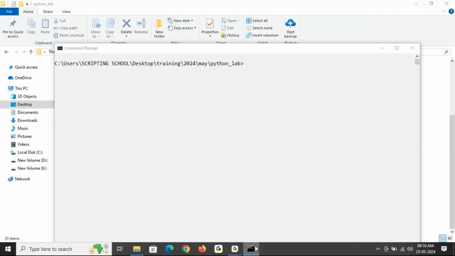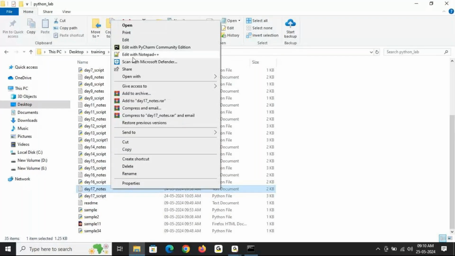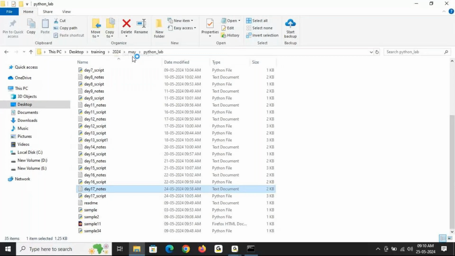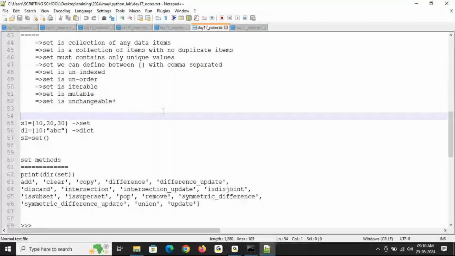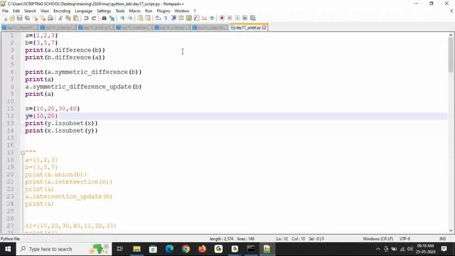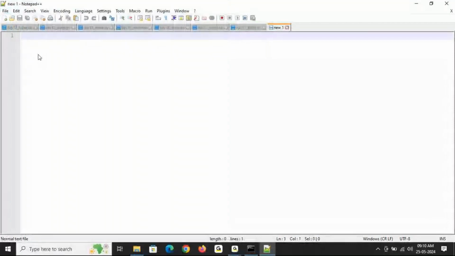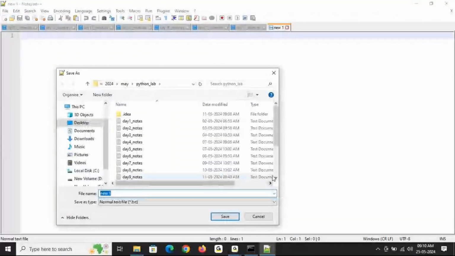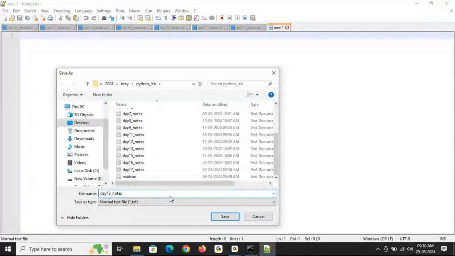So in the last session, we completed collections, or we can say the data structures. I hope you guys tried the set methods. Okay. Now we'll see the advanced level topics like file handling. File handling,